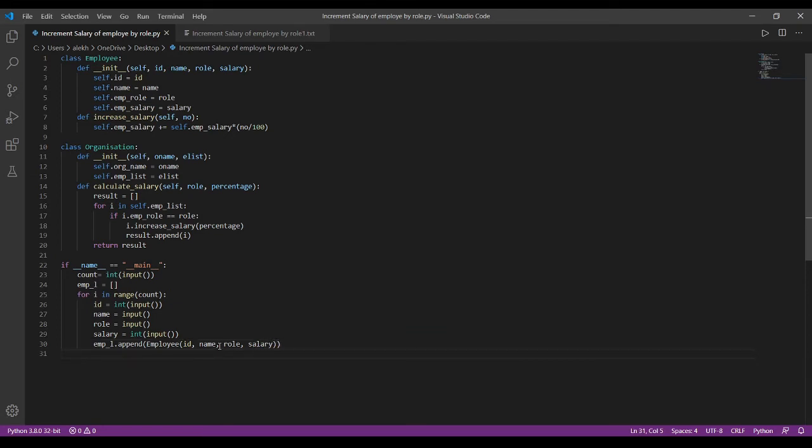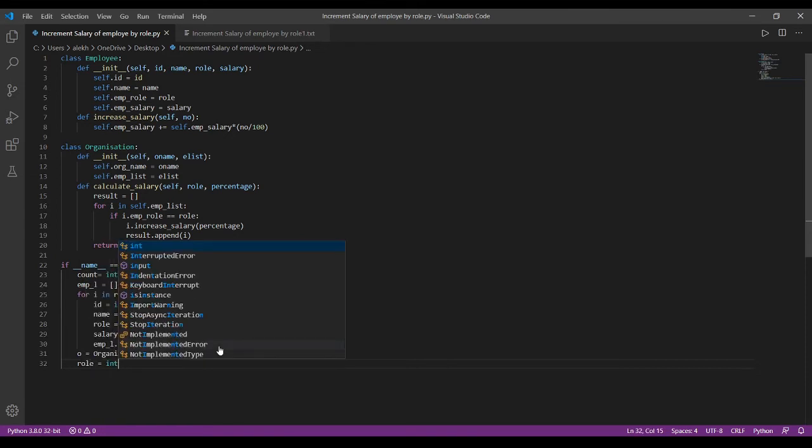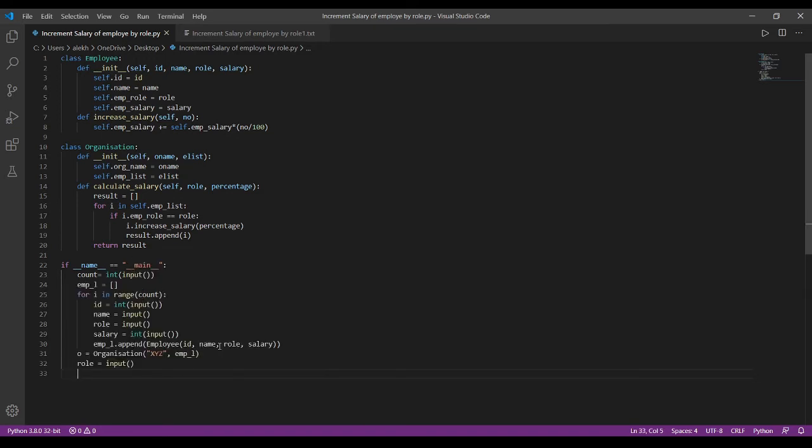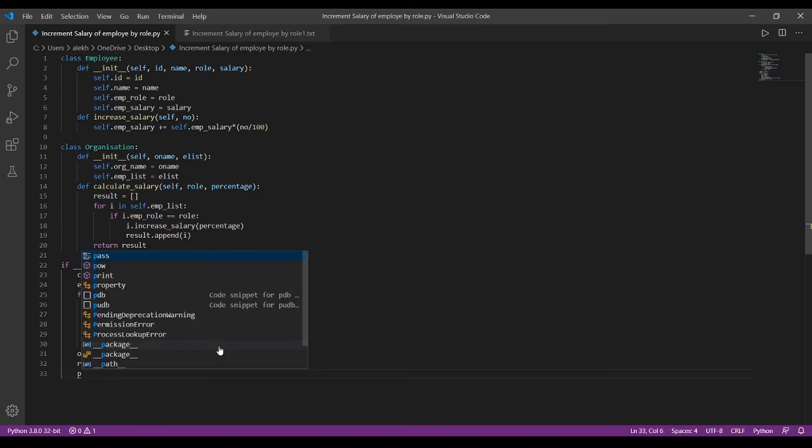Next we are creating an object for Organization. Let it be O, Organization of, we are passing an organization name, let it be XYZ, and the employee list we are passing to it. And we are taking the role of the particular employee and storing it in the role variable.